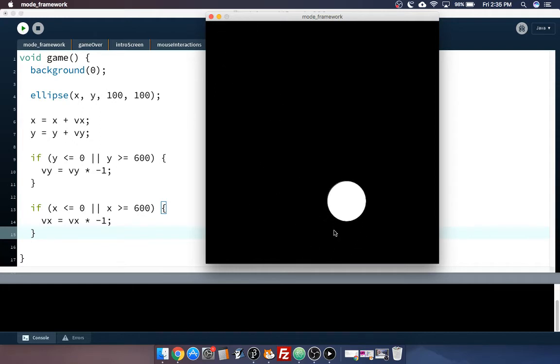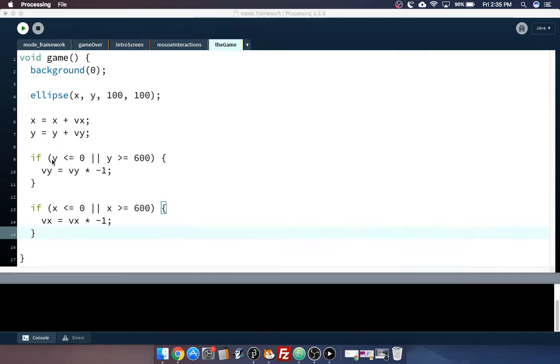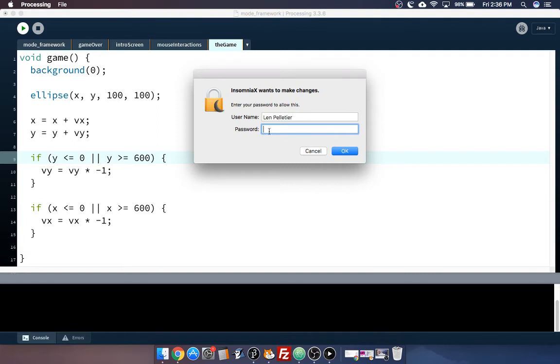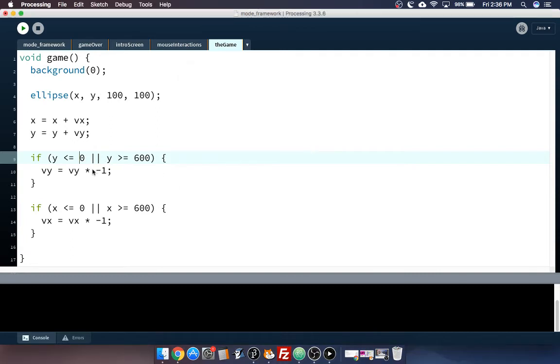Just one little problem. The impact is happening at the center of the circle, and that's because x and y, by definition of ellipse, is the center of the circle. So when we say, if x is greater than or less than, we're really checking if the center of the circle is less than that. So if our diameter is 100, then we could just shrink in that border by the radius, 50. So instead of checking if it's greater than,